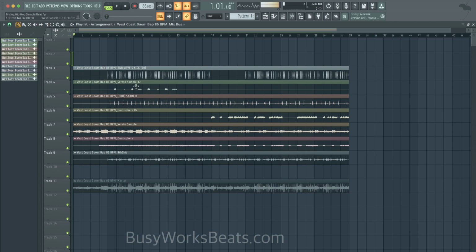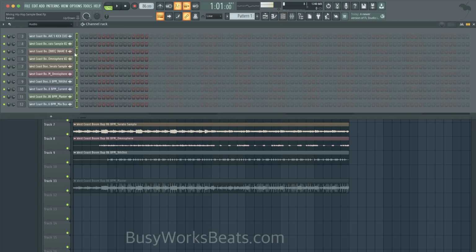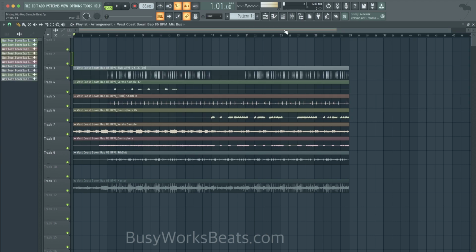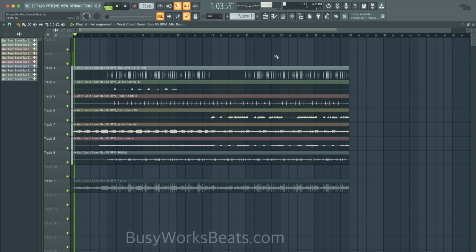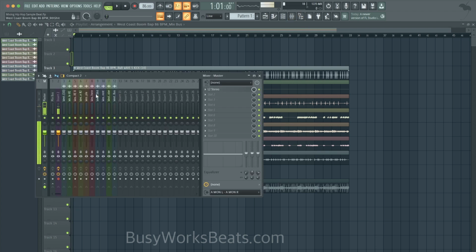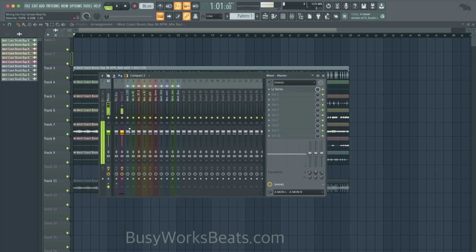Okay, so let's start quickly leveling. What I'm going to do is, again, with all these audio tracks, go to the channel rack, click All if you don't see anything, or just go to Audio in this case for audio files. Double click, hit Control L to send these to the mixer. So now what I'm going to do is quickly level within the mixer. Now keep in mind, I actually want to teach you guys a new way. The mixer is post effects. So this won't really do much as far as gain staging.